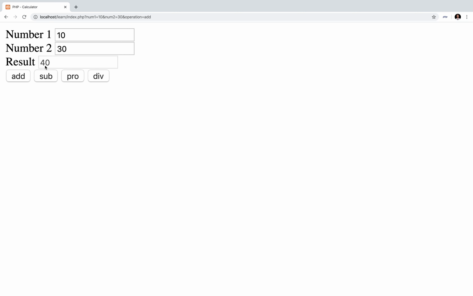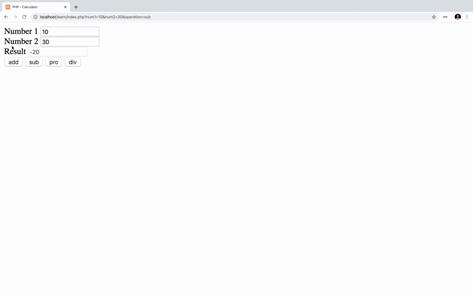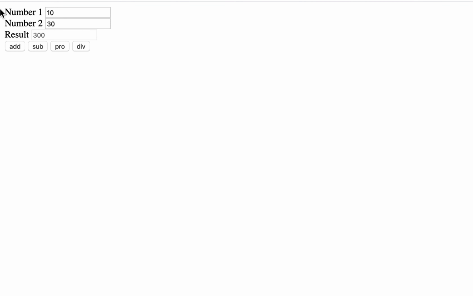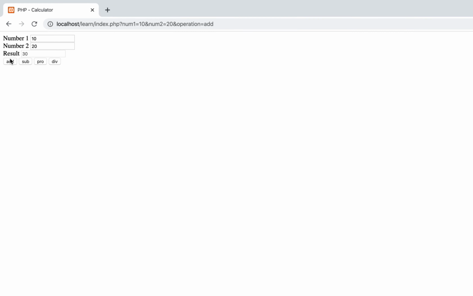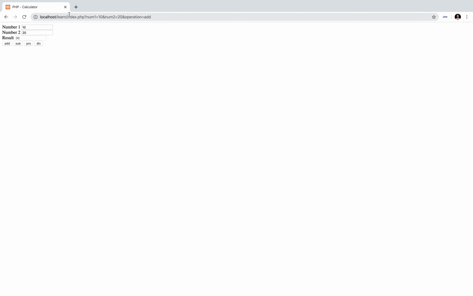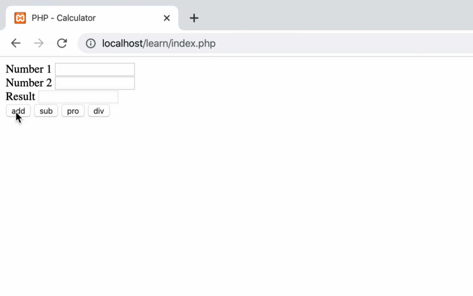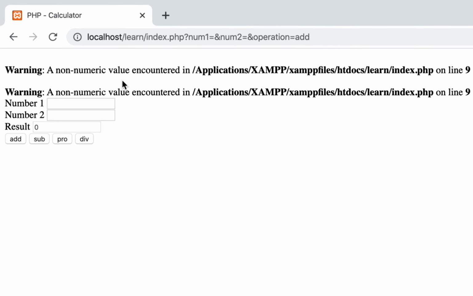Now this looks good to me, and let's refresh. Now you can see 10, 30, and when I click on subtract, product also working, and division also working. Yeah, 0.5. Now everything is fine, the calculator looks good to me, but there are some more things which needed to be done in this calculator. So when we click on the add, when there is no value, a non-numeric value encountered,